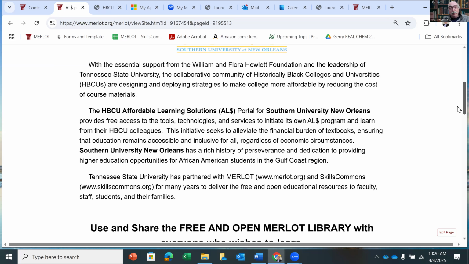Now, what's important about how we built this website, if you look at the URL, this is a free and open authoring tool that you can easily edit yourself. If you know how to edit a Word document, you can edit what's called MERLOT Content Builder, okay?